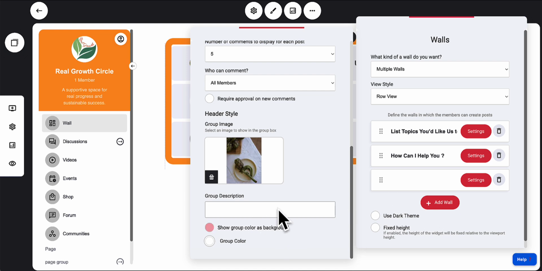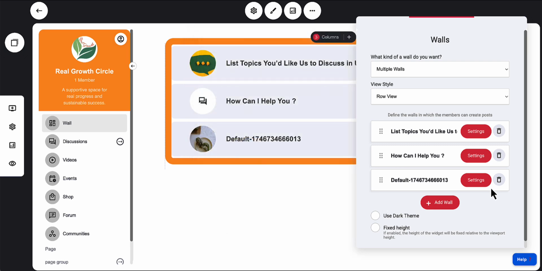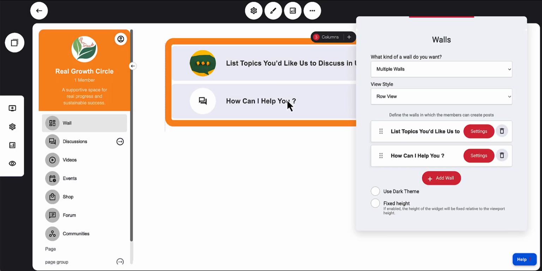And then you have all of these other options. But I'm actually gonna delete this one because I have, as you can see, the image that we added and then the name, we didn't name it. You can add a description as well, but I'm just gonna leave this out because I have already created other